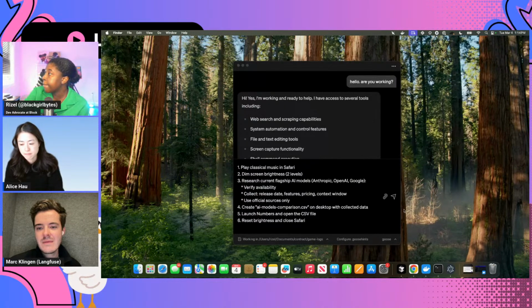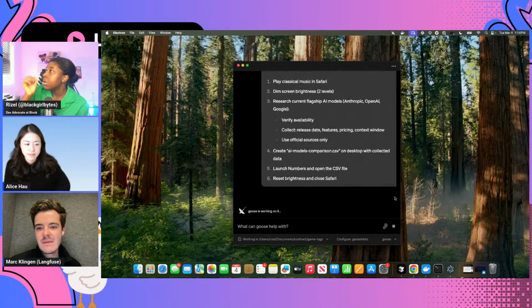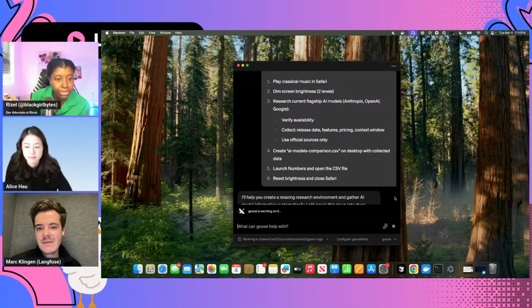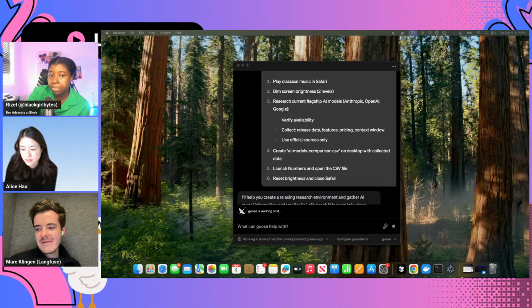So I'm going to go ahead and put in the prompt. So it's working on it. And once it finishes, I'm going to go to the Langfuse, I don't know, console. Is that what you guys call it? And it'll work. Okay, so my screen did go dim, but